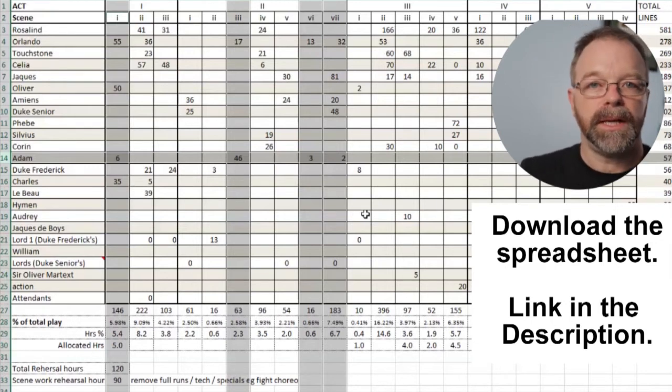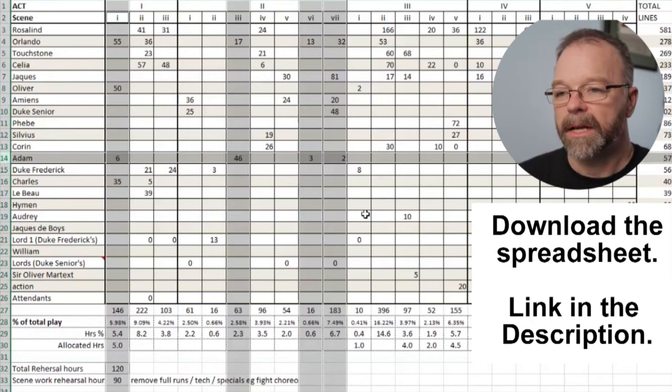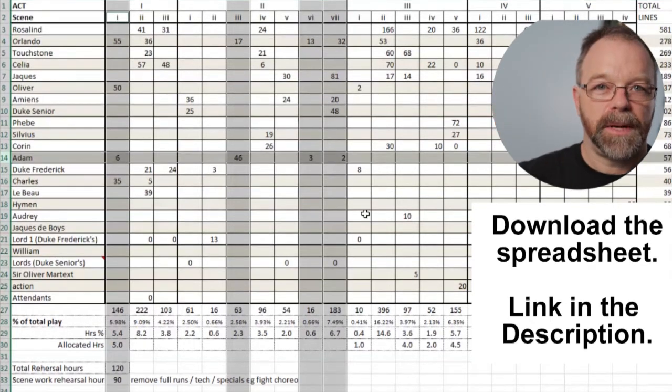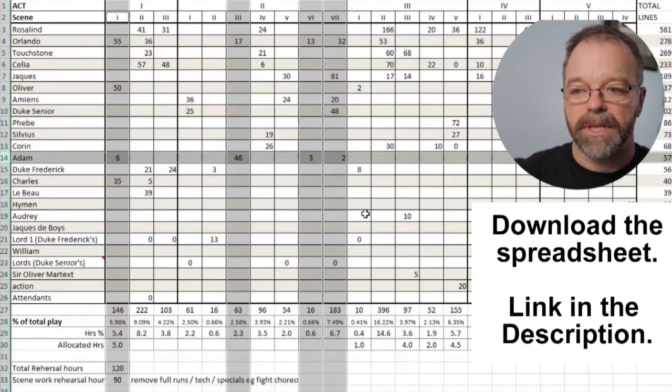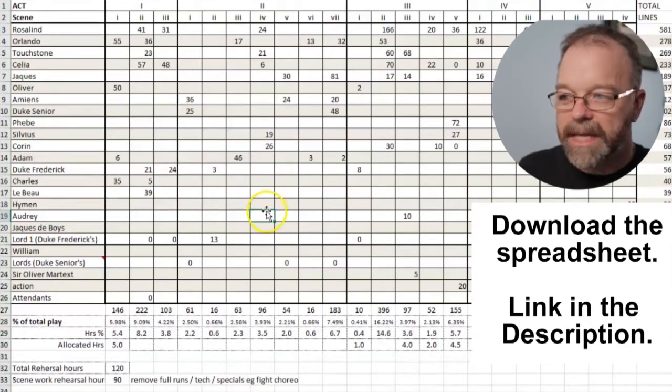So that will normally be a little bit of time before we need them on stage so they can warm up, get into the space, and all that kind of stuff. That's up to the stage manager to deal with for them. But this gives you a sense of how you can then also see, well, hang on a minute, we need to double up some of these characters.